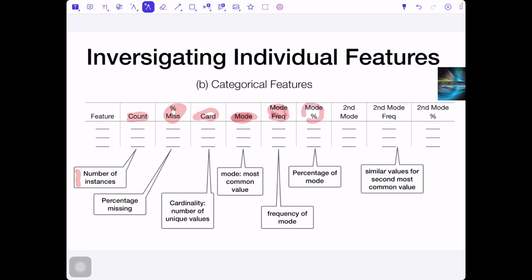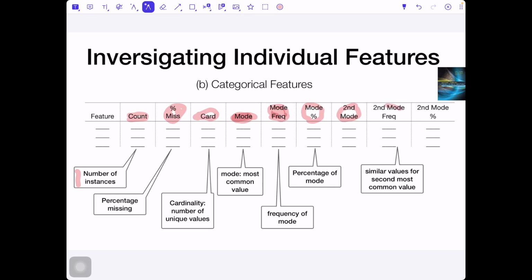Then there's the percentage: the frequency of red is 4, and the percentage is around 40%. The same we can look at the second mode. The second mode is the value which takes the second place by frequency of occurrence in the particular feature.